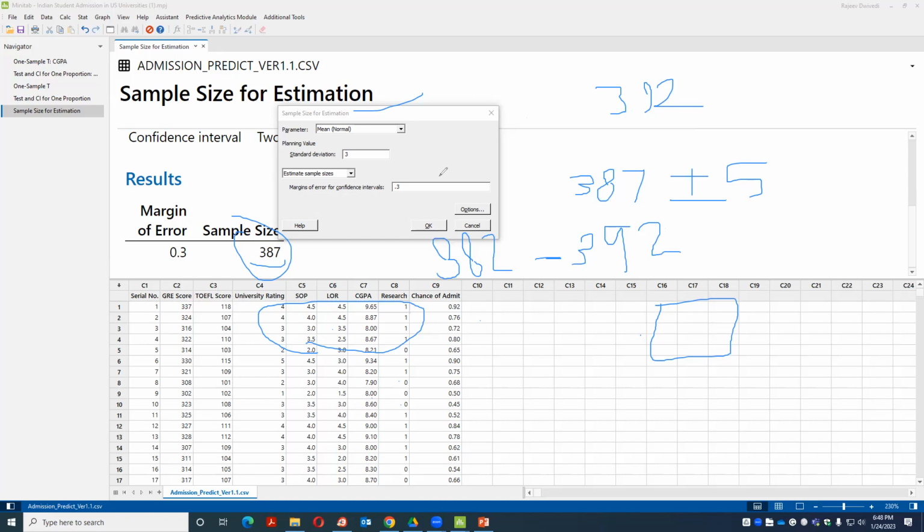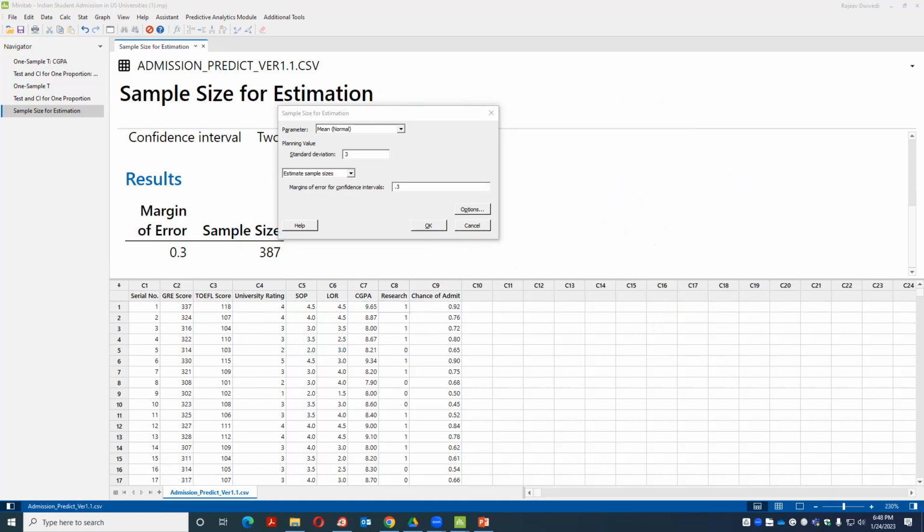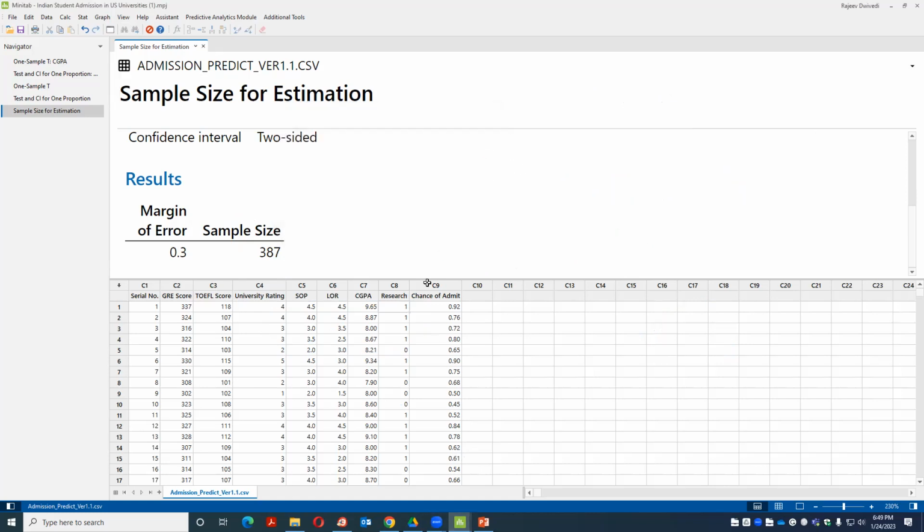This is another aspect to remember, and don't panic that the answer from manual calculation and from Minitab are different. Probably there is some algorithm behind that. I was not able to figure out why they are different. I reported it to Minitab. I did not get any response. So this is the part about this chapter.